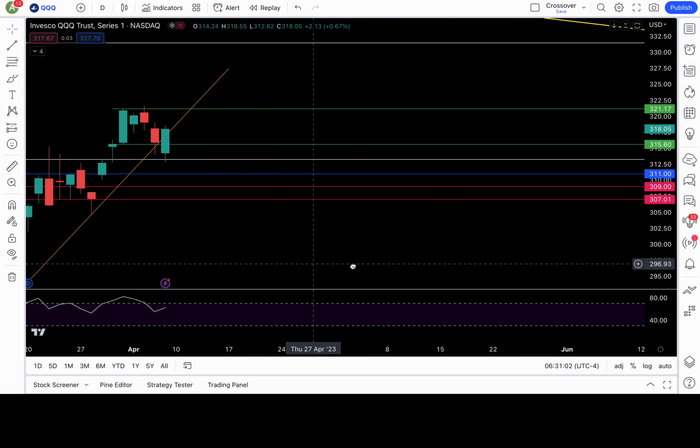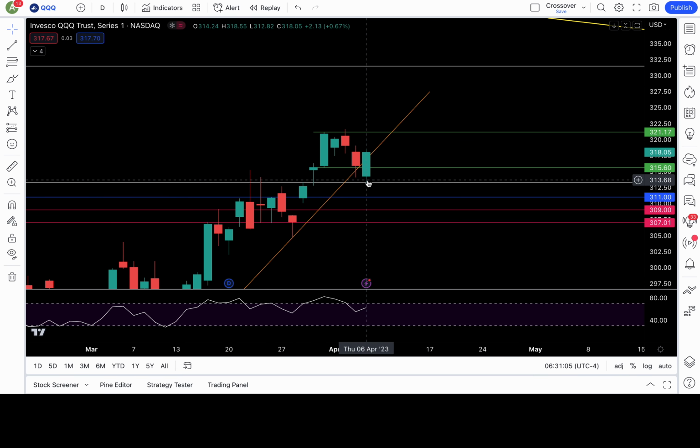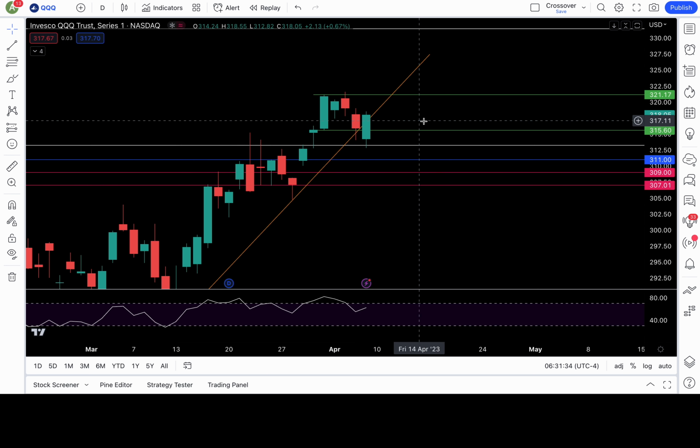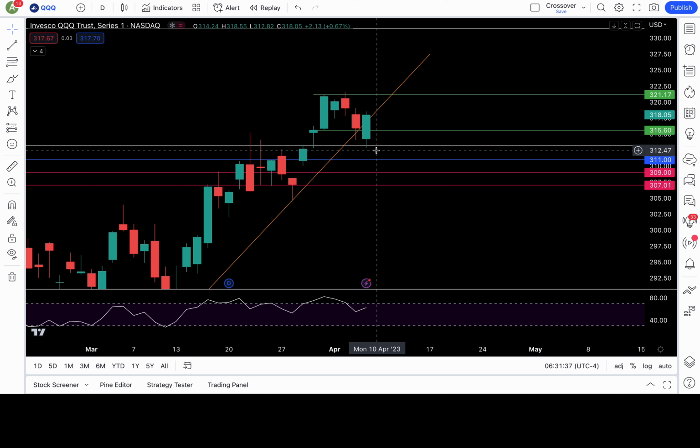Okay, so immediate support right now, it did close at 318. Immediate support I have is 317.5 and 315.5. Okay, if those levels fail, we could go test 313.2 again. Now remember, the more a support gets tested, the weaker it gets, because the buy orders are going to get absorbed more, and eventually they're going to run out because they're not unlimited. And if they run out, that could give us the breakdown. All right, so just keep that in mind. Ideally, bulls don't want that level to get tested again, and they just want to keep bouncing up.